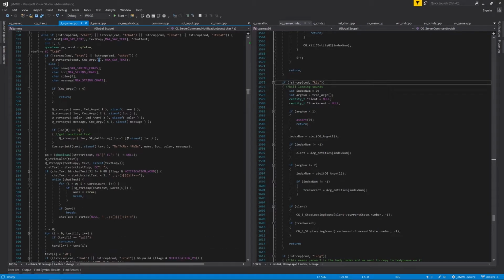And to detect if it's the end of a message, to detect where the player name is placed in the message, and to detect when the actual message starts, we have to